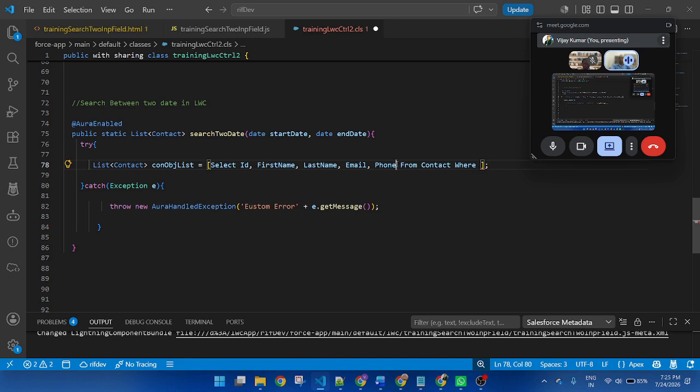You can put a condition based on the created date. So based on the created date of the record, we will search data. So first name, last name, email, phone, created date. Created date means the date the record was created. Created date from Contact where created date